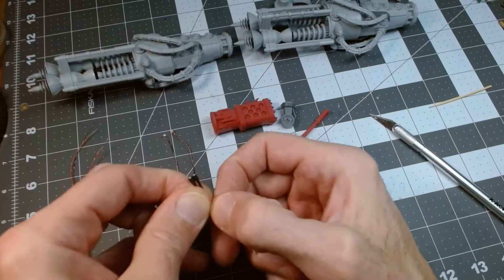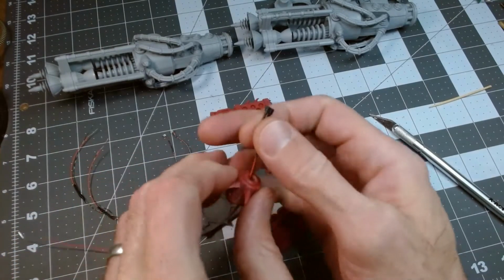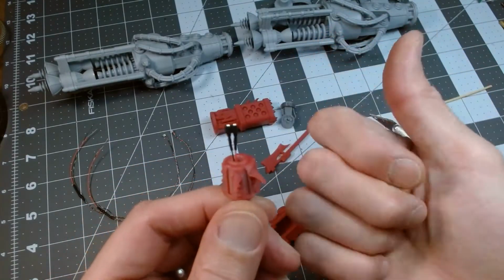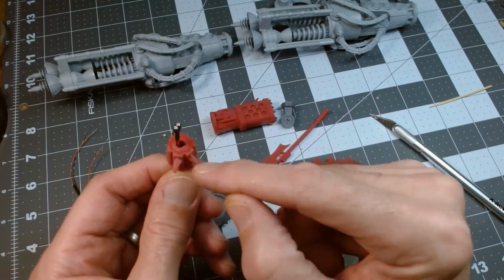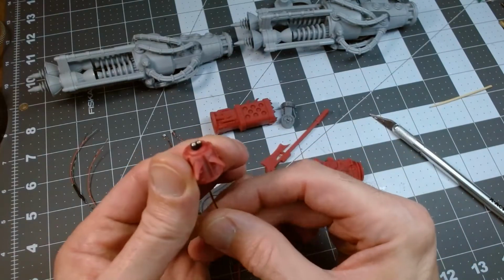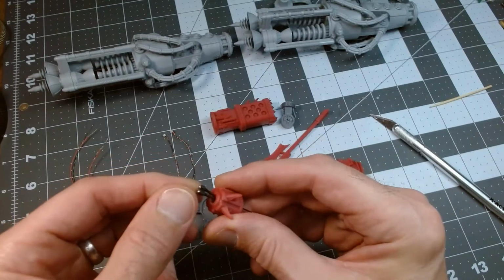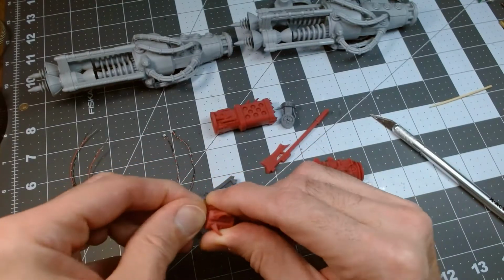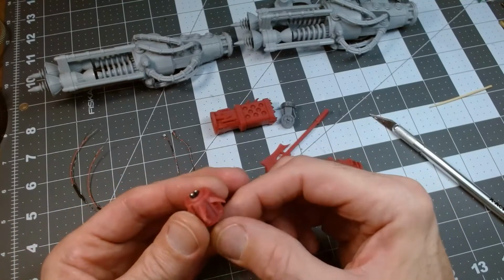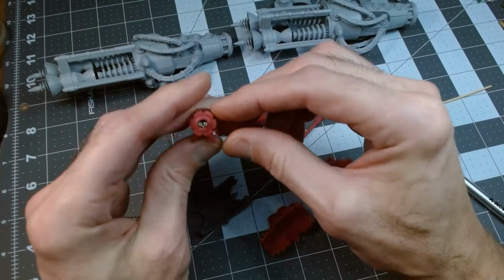I do want to make sure, as I go through all of these, and this I think is the last one, that I maintain the idea of the red being on the right side. So I know my little horn spikes there are down. So as long as this goes in with the red wire on the right, I will end up, I think, just painting that horn a bright red, and this a really dull, almost black, washed out red. Just want to